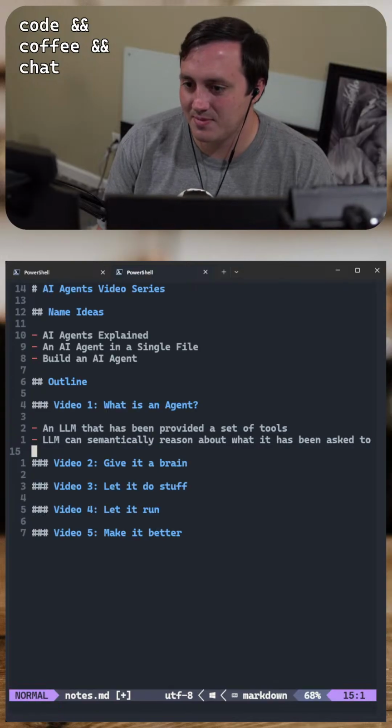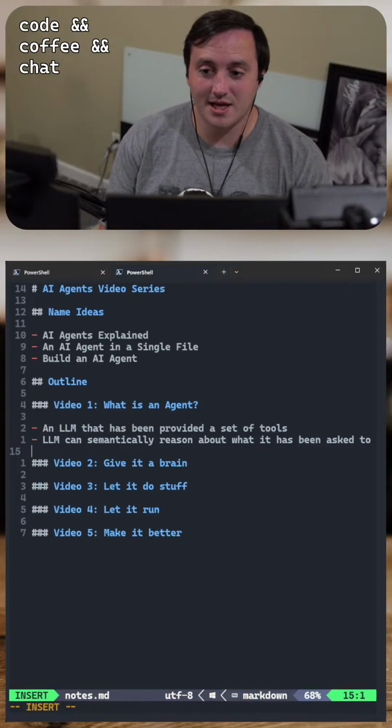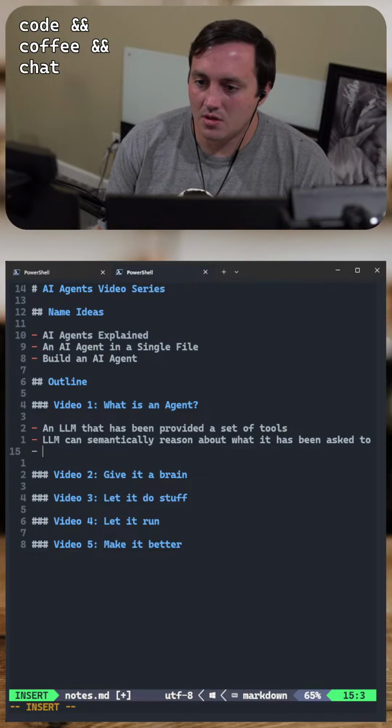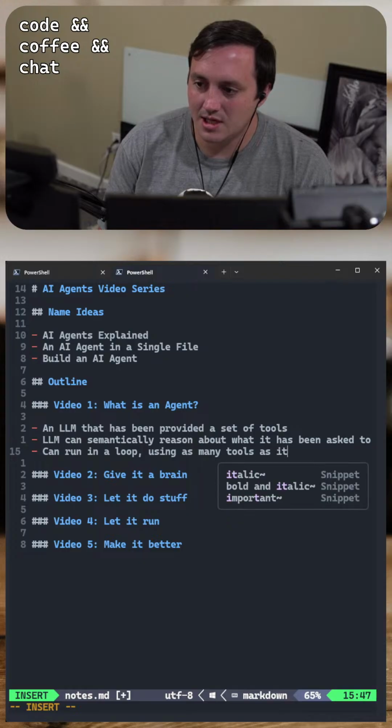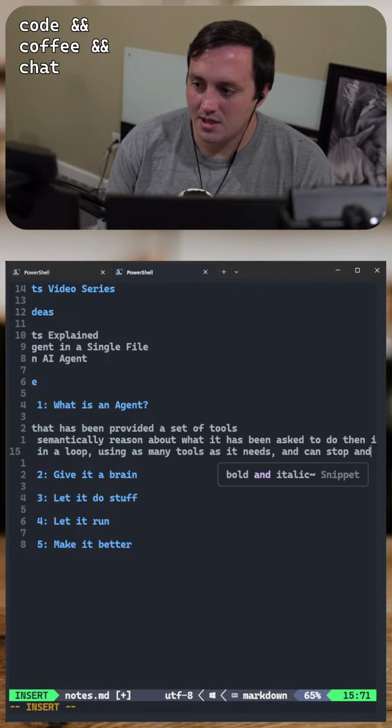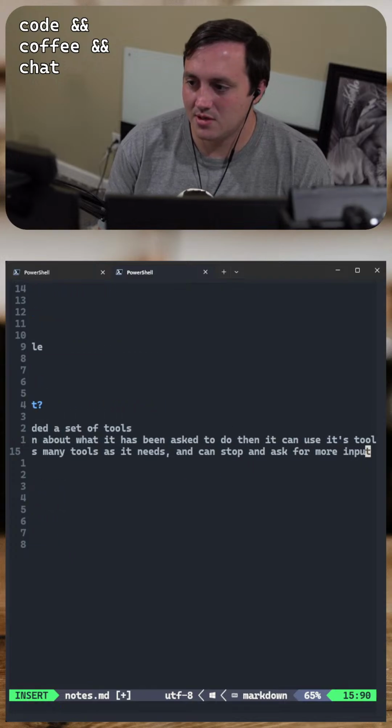That's basically what an agent is. It can run in a loop using as many tools as it needs, and can stop and ask for more input.